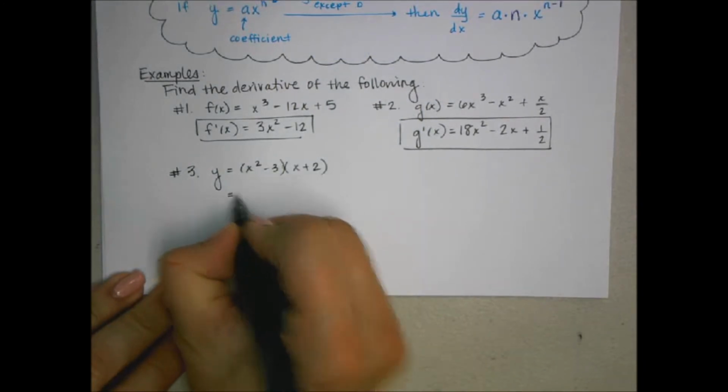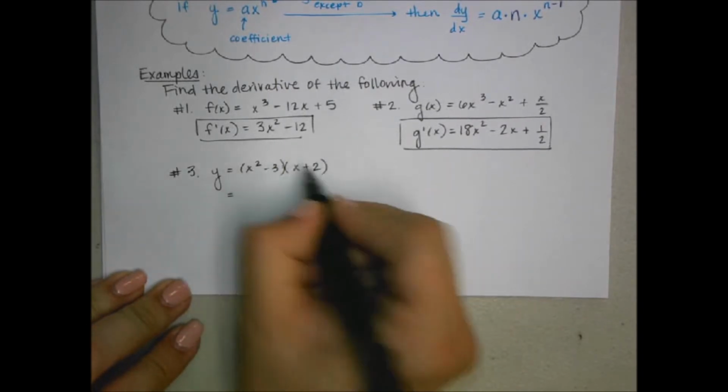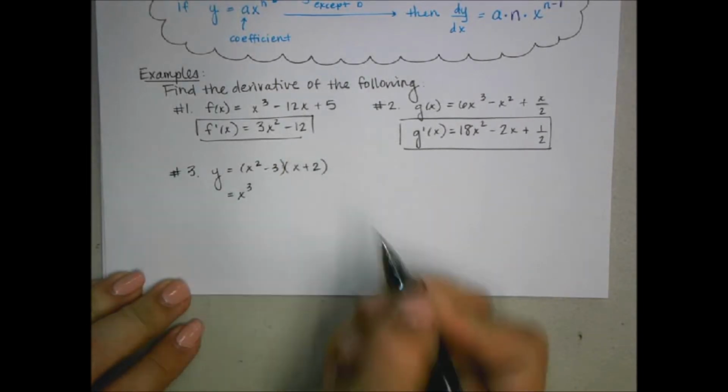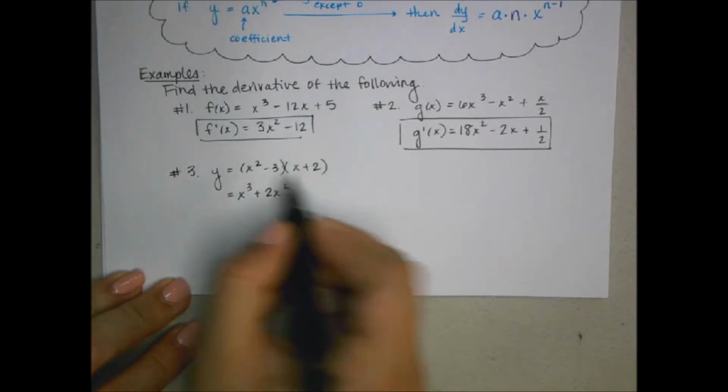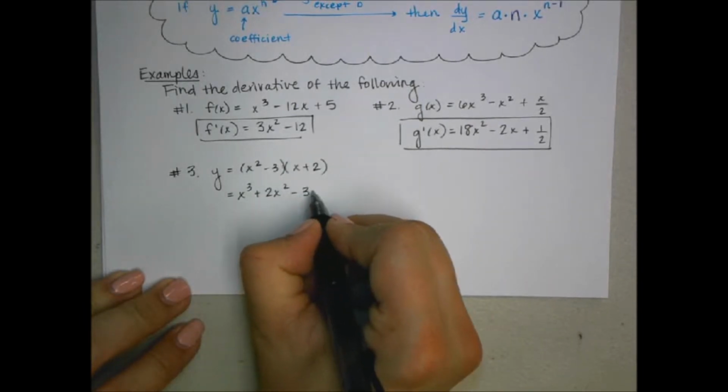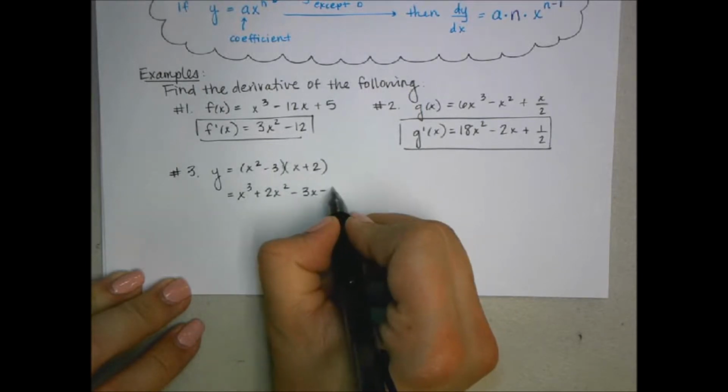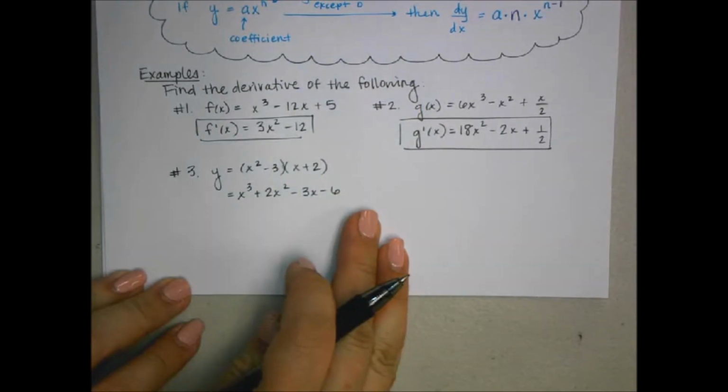So this is still y. We have x cubed plus 2x squared minus 3x, then minus 6. And now that we have all of our terms laid out individually, we can take the